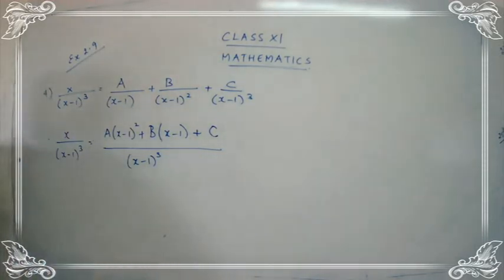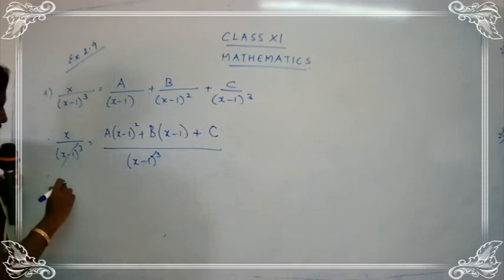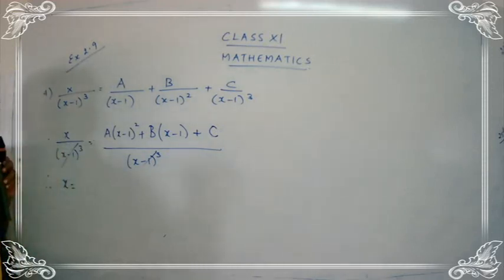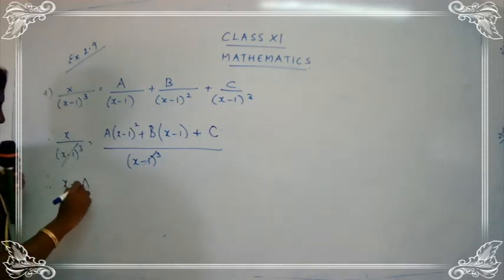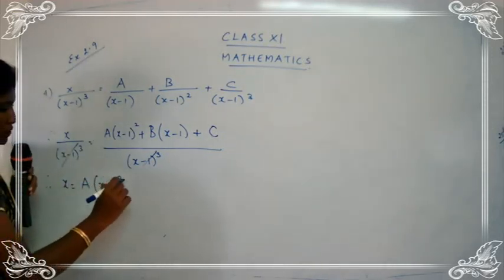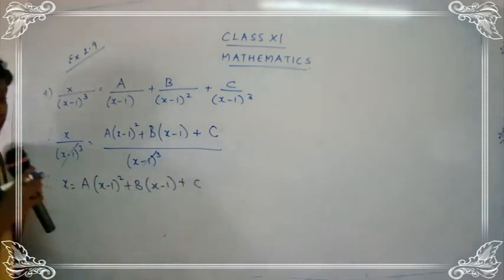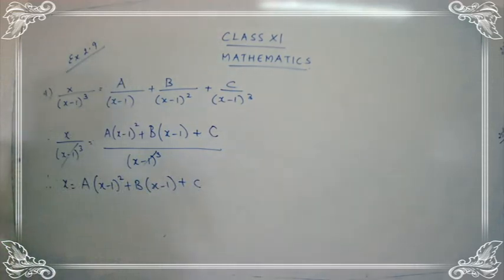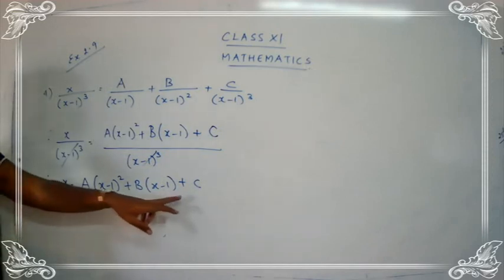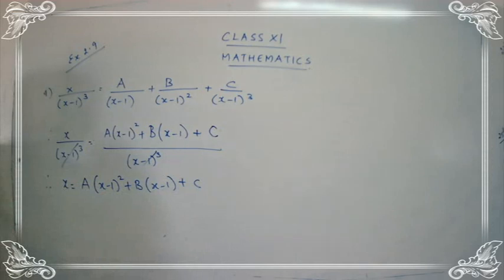Yes children? Okay, so now let's see. I'll cancel the denominator part and now we are just going to deal with the numerator part. You get x is equal to, do not make mistake, copy the terms carefully. So we get x is equal to a x minus 1 the whole square plus b x minus 1 plus c. So here we have to find out totally 3 unknowns. Yes children, what are the 3 unknowns we are going to find out? We have to find out a, we have to find out b, and also we have to find out c. Let's go with the procedure.